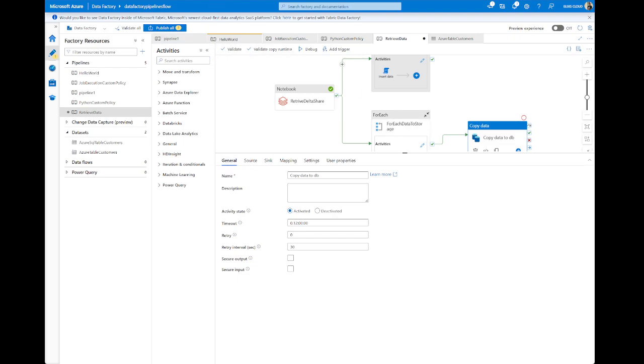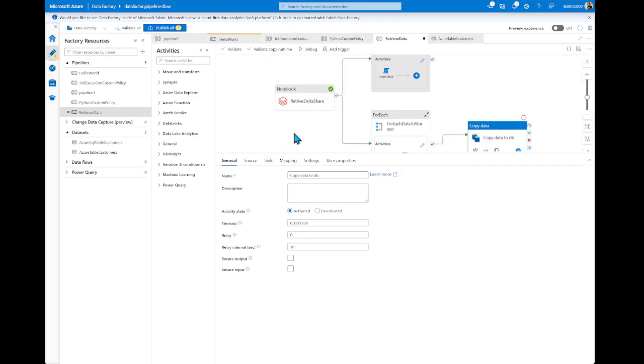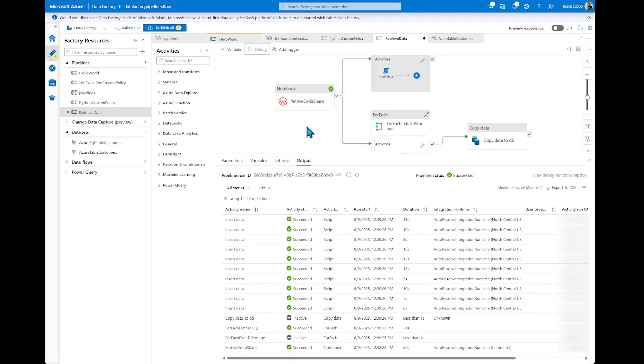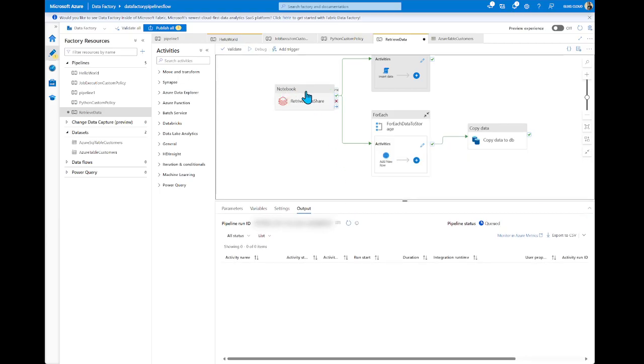So let me check if, yes, the server is still working. Let me debug this. In this case, as I mentioned, first of all, we run the notebook, the same notebook that we ran previously.